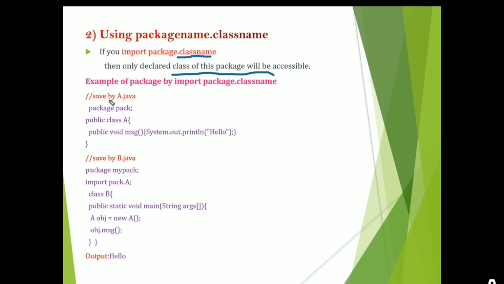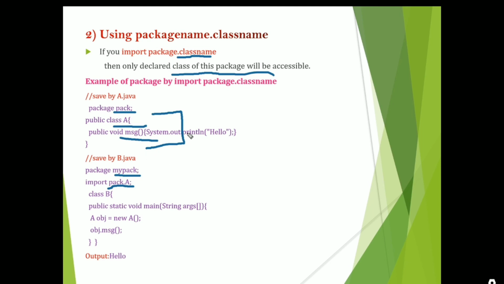Here I am creating the package pack and creating the class A, which has the method. So now the package pack has the class A. Now I am creating mypack and importing pack.A. Importing pack.A means including the class A which belongs to pack.